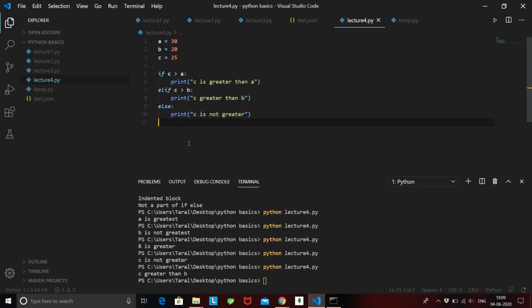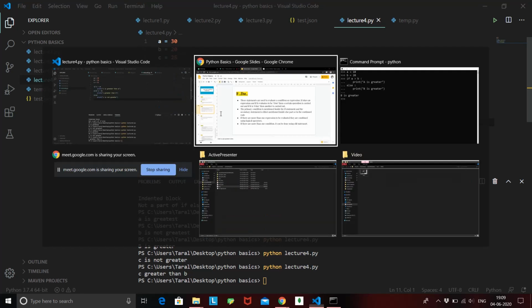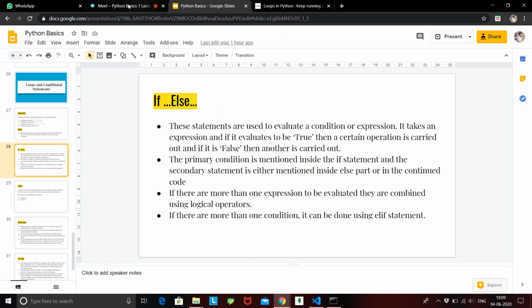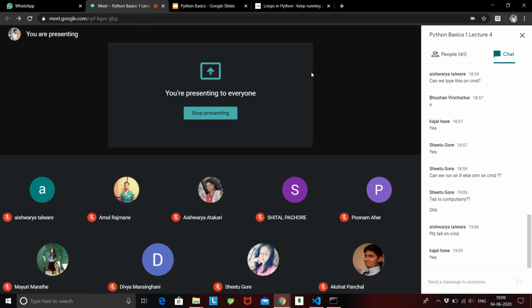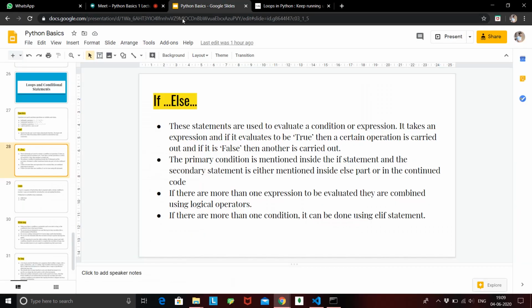If you need to check multiple conditions, you put elif. So is it clear by now? All the conditional statements, else, if else, elif, is it clear to everyone? So that's basically all you need to know about the conditional statements in Python.